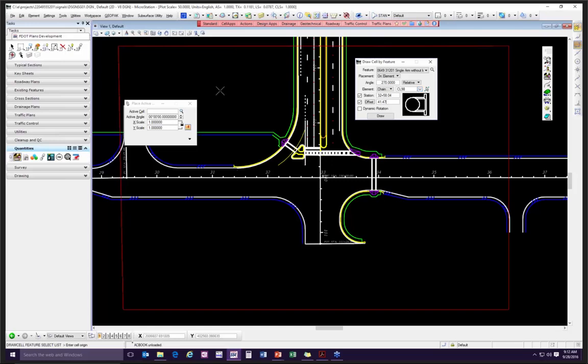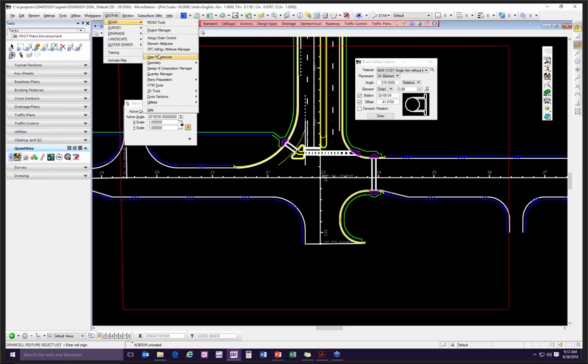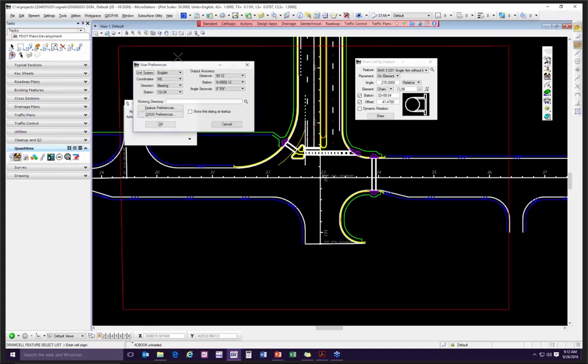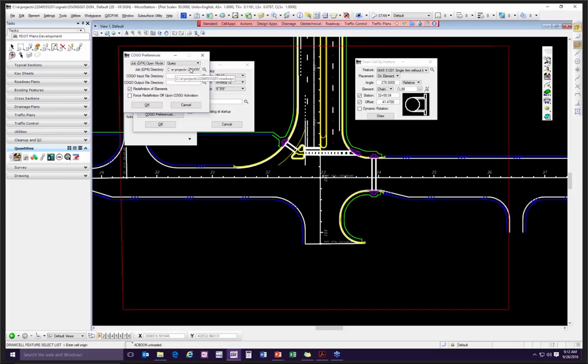So how would I fix that? I would need to go to Geopack, Road, and go to my user preferences, go to Kogo preferences, and I've already done it, but you would go in and you would select where that GPK is located and set that path in here. In this case, it's in the roadway folder, and that's typically where it's going to be for most projects because